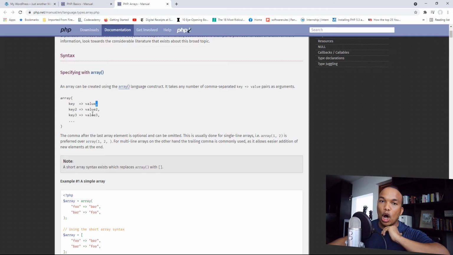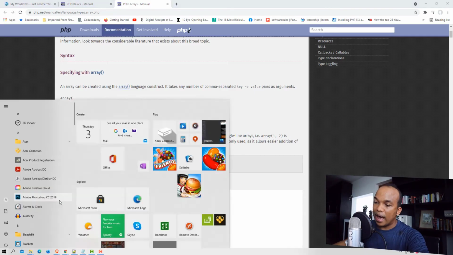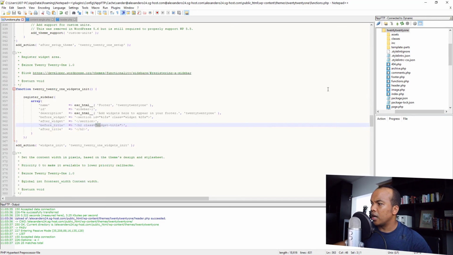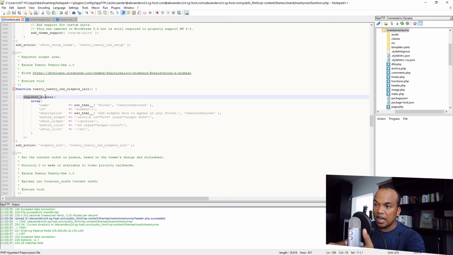You will find arrays a lot in WordPress, and I do have several examples in here to show you. If I go to my functions.php, right here, this is the function to register a sidebar, right? So it's called 2021 widgets, and then this is the actual pre-built function, register_sidebar. But now note that we have the array, and in the array, we now have several